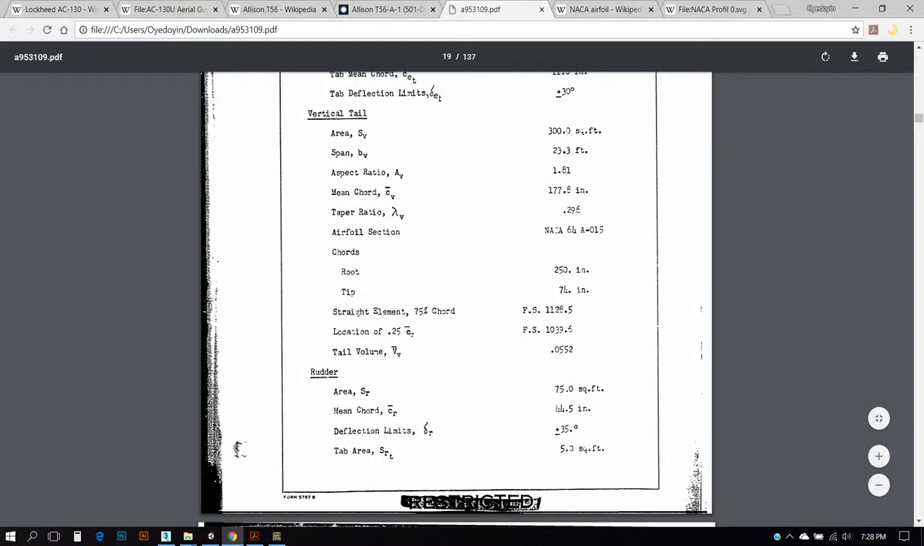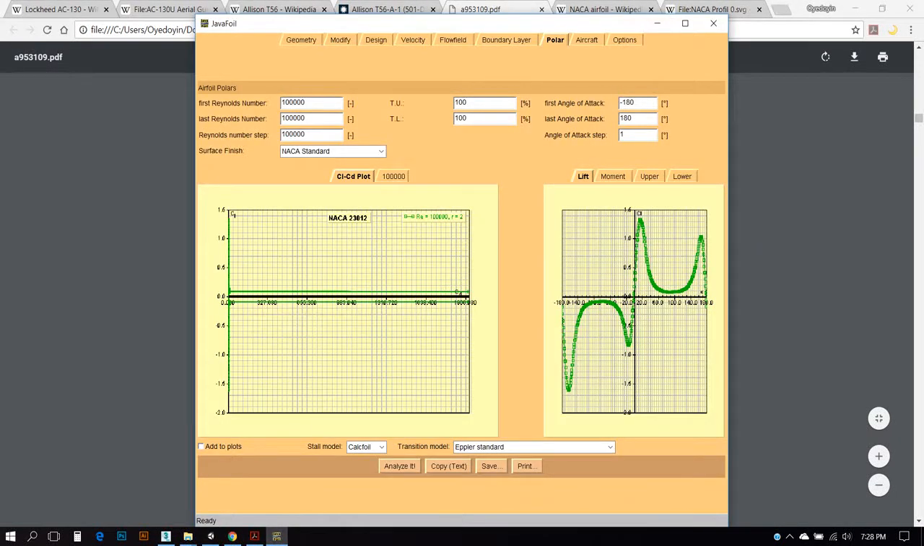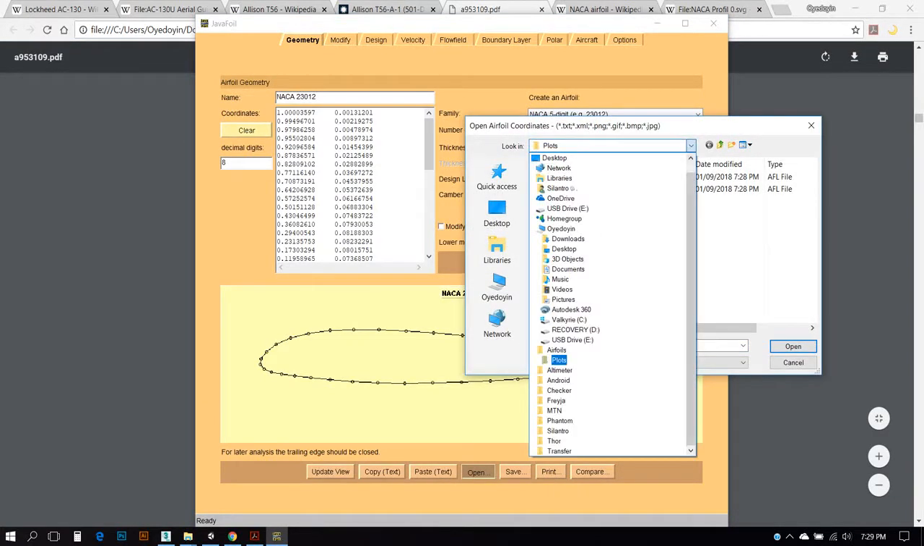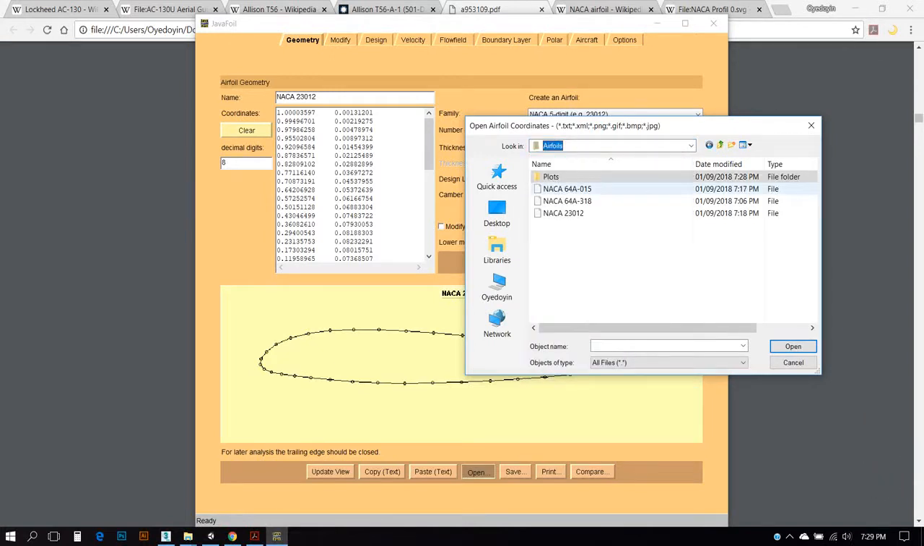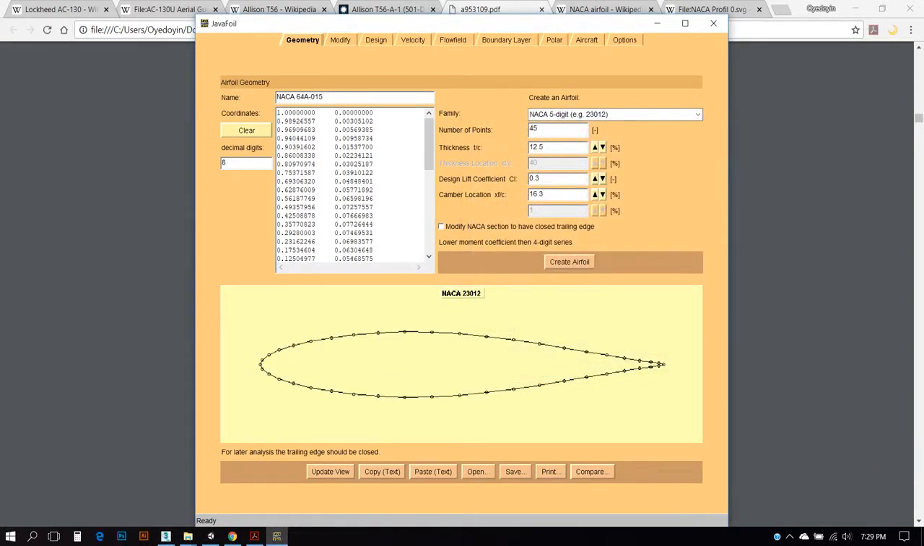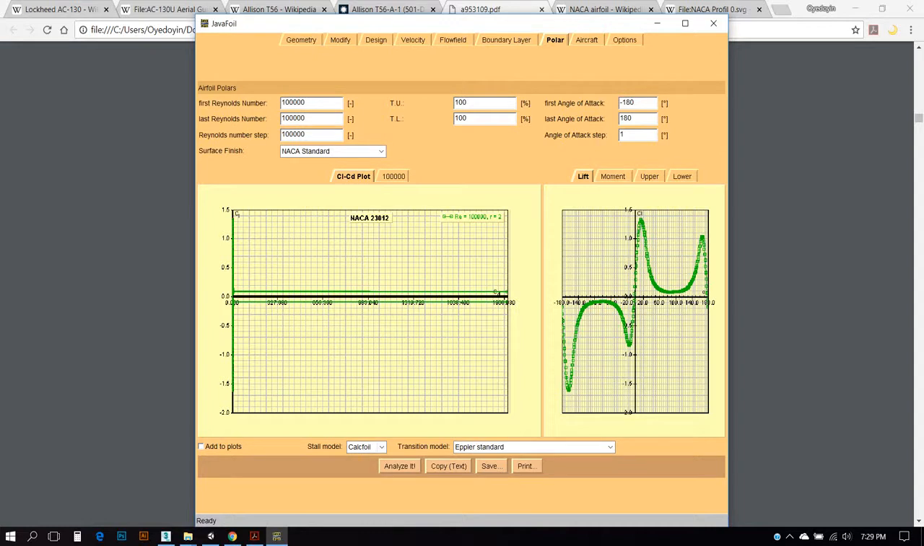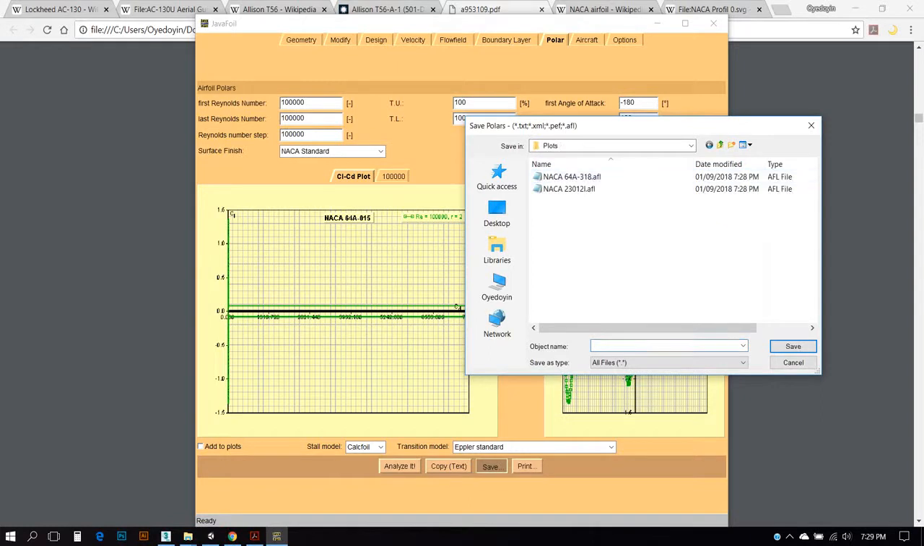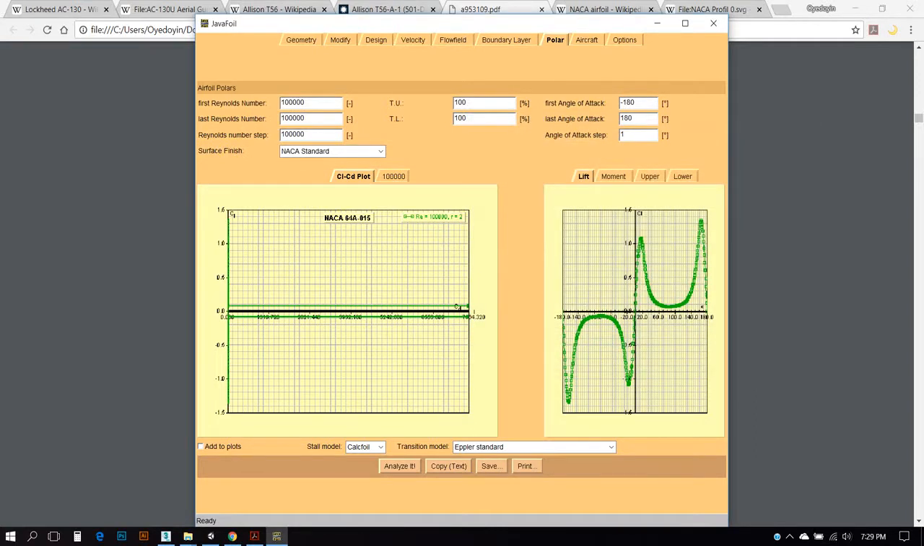Now the vertical tail uses NACA 64A015. So I'll also open that in Java file. Then go to Polar, the same settings, analyze, and I save it as NACA 64A015. Okay,